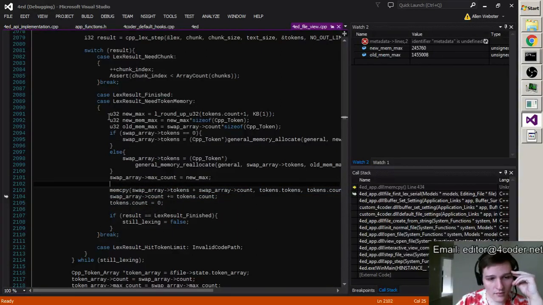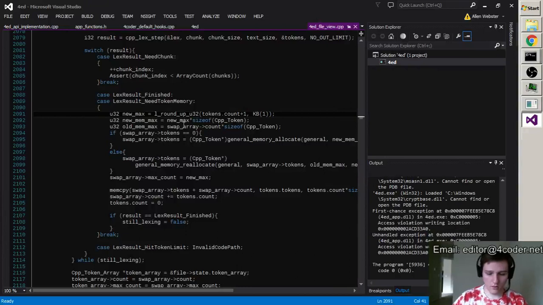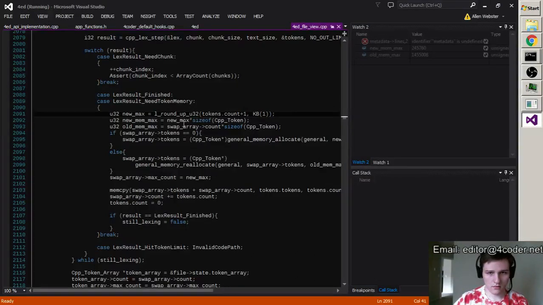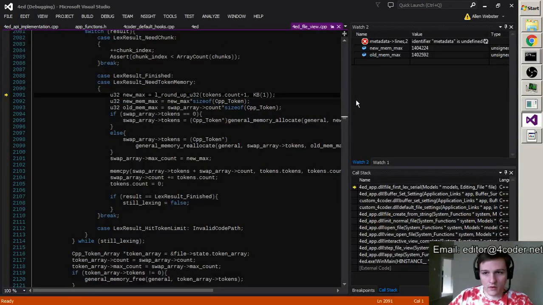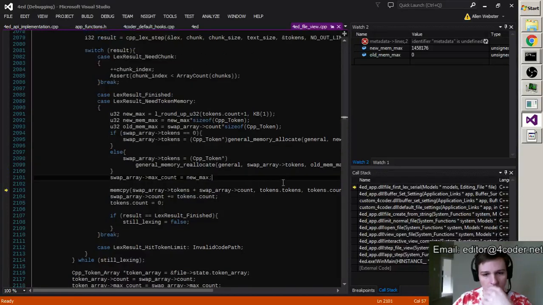So the problem is this doesn't make any sense. And we're going to just come through here again, like this. Okay. So, the first time through, the number of tokens is 90938. So, old mem max is 0, new max is 91136, new mem max is this big number here. We allocate that, and this is a 0, so we put that there. So the reason this is failing is because new max